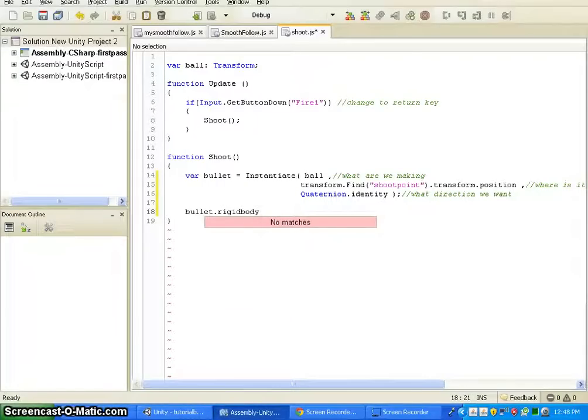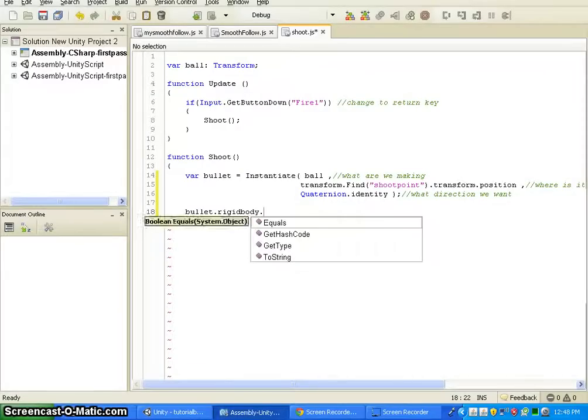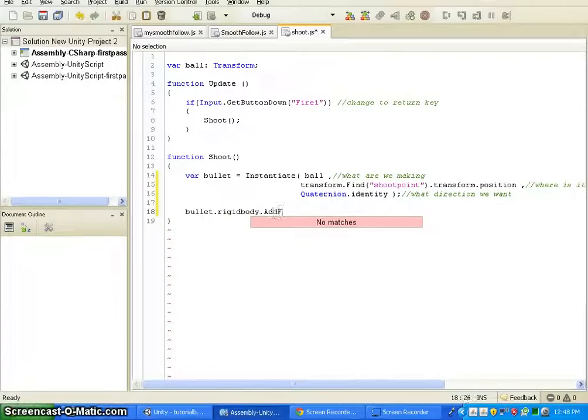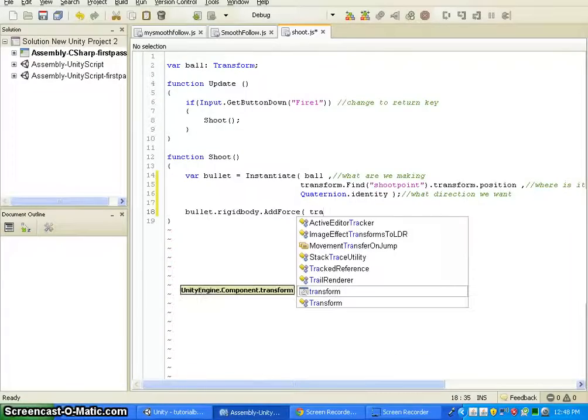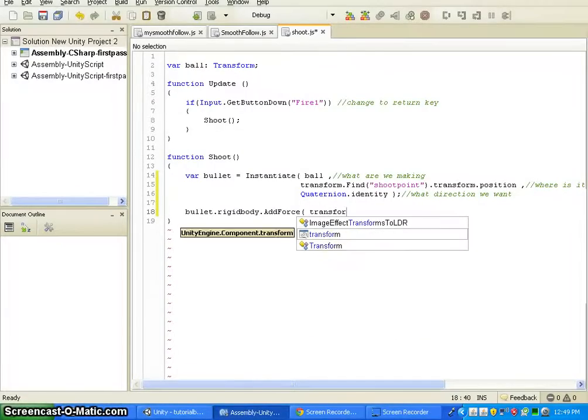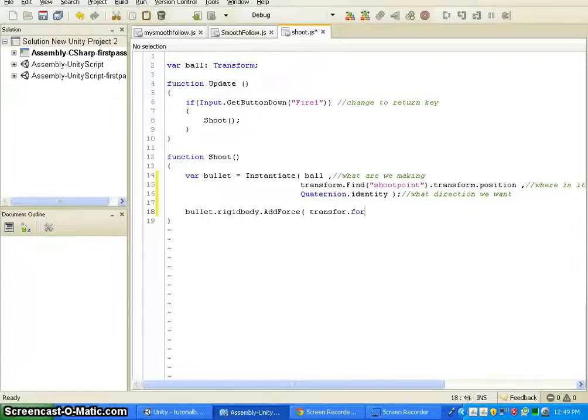That's why we put the rigid body, so we can do this add force command. This will add some kind of force to it, some kind of physics, and we want that force to be transform dot forward. Forward is a preset function in Unity, it just tells it to go forward on its local space,